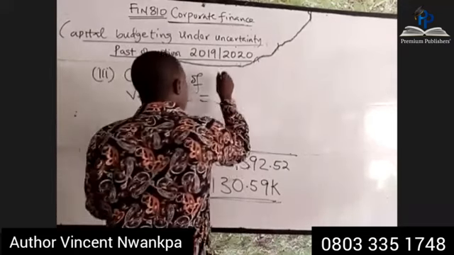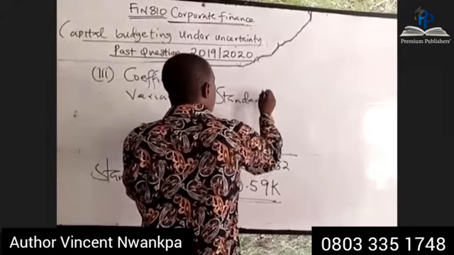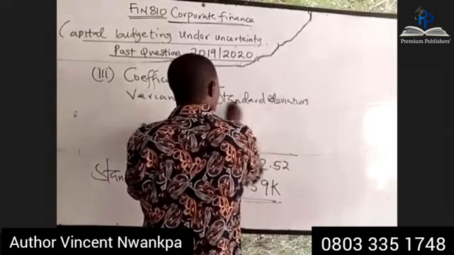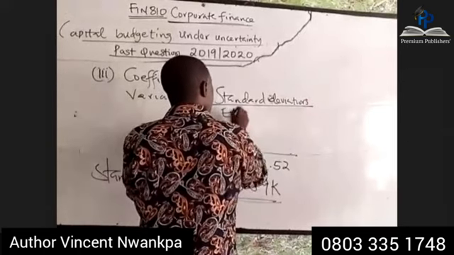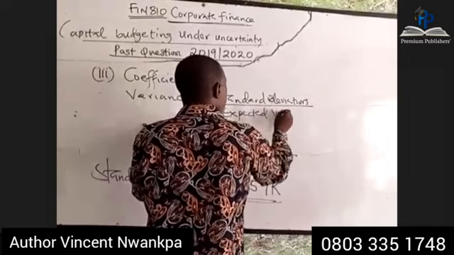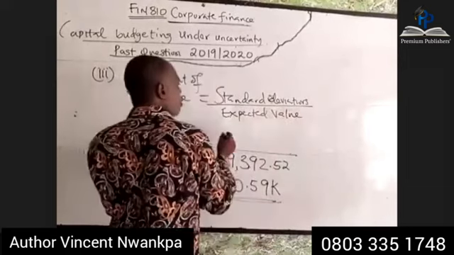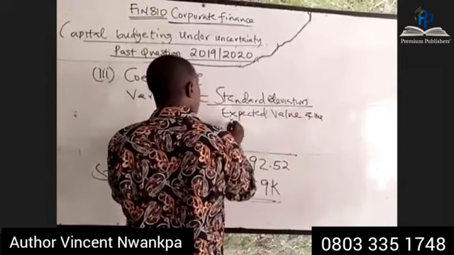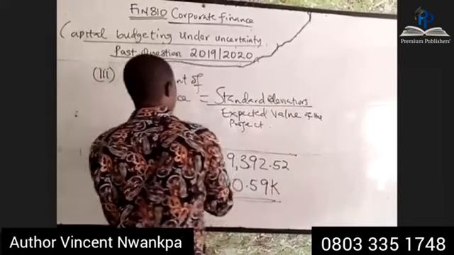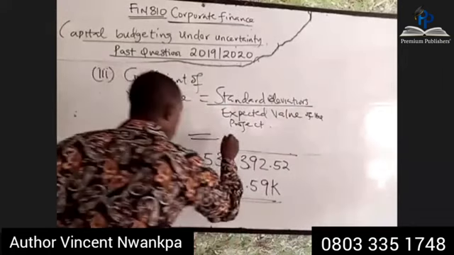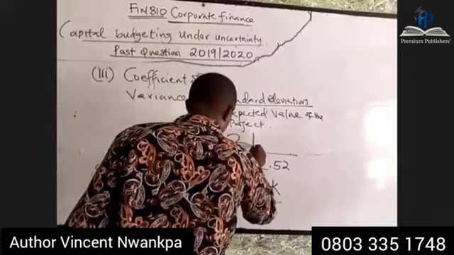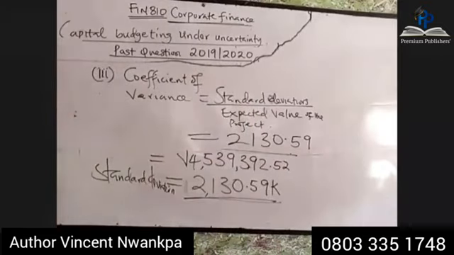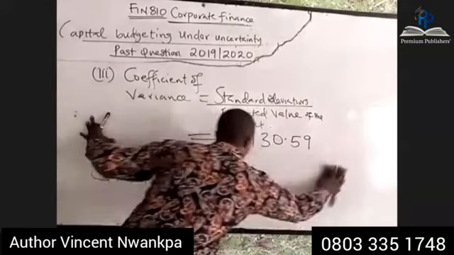And that is the standard deviation all over the expected value of the project, which is equal to 2130.59 all over